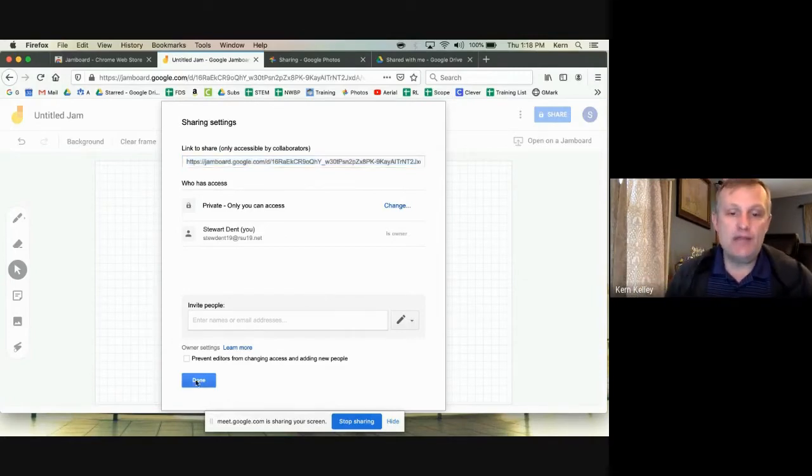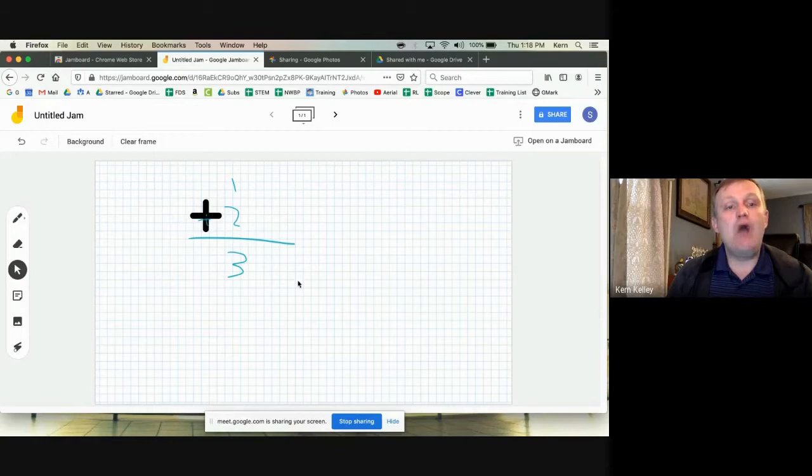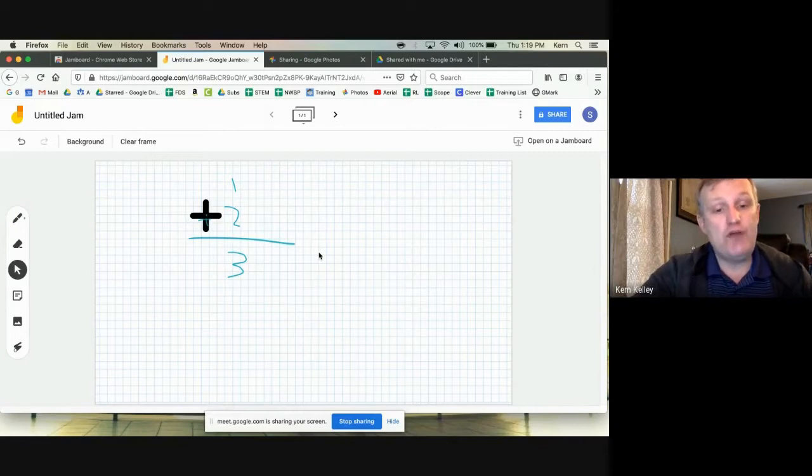The biggest limitation, I think, is just literally how you're going to use it, as far as what way you're going to kind of draw on it or write on it. And that really depends on what you have for a device. If I open this up with a tablet or maybe my phone, I can use my finger and that touchscreen. Or if I have a touchscreen laptop, that might work. So it just really depends on what makes most sense for you to write it and save it. These are all saved.